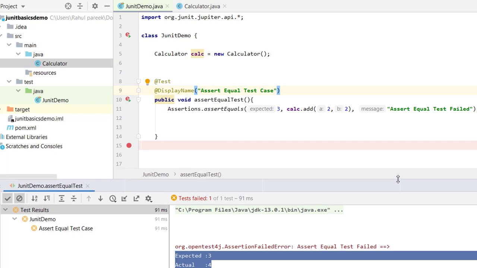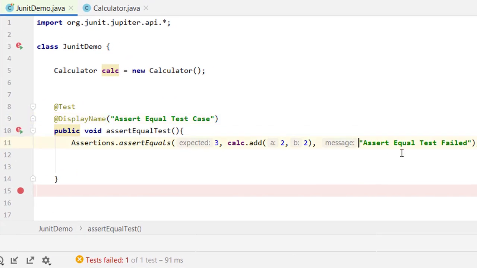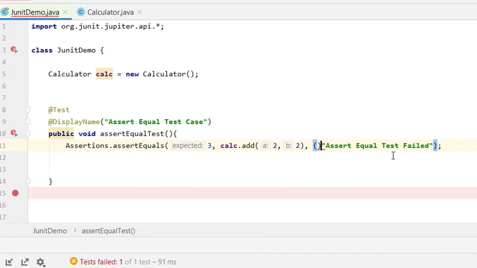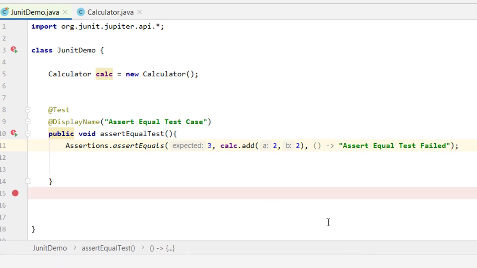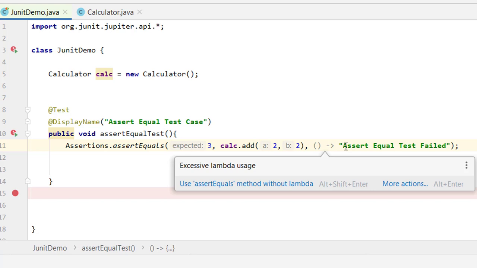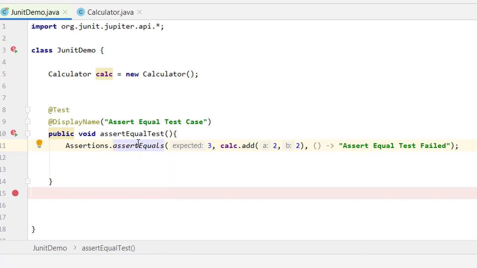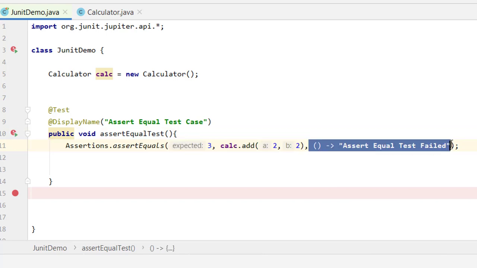Now there is one more thing with this message. I have provided a lambda function here. What it is doing is, when this particular function is executed, it will read this particular argument, but by doing so this message will only be read when our test fails.